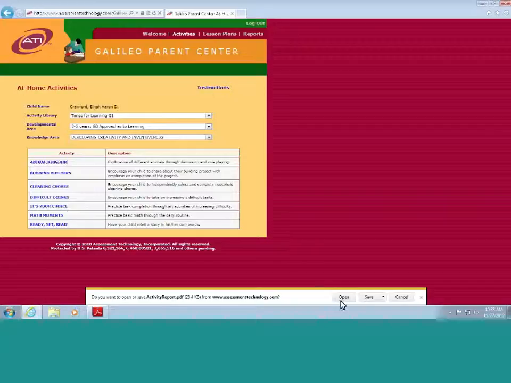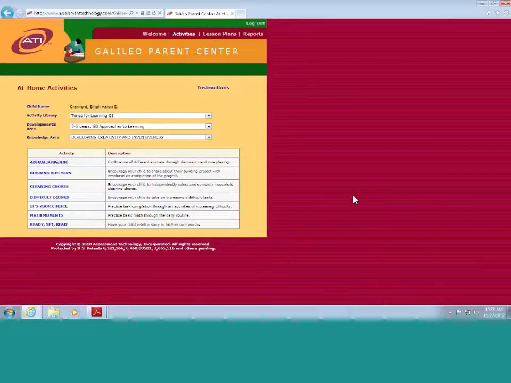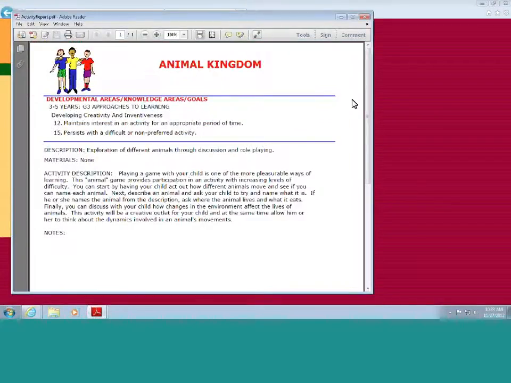Once selected, the activity will also open as a PDF file. The activities in the Times for Learning G3 library were designed to require very little or no materials to make them more accessible to families. Each activity will include a list of the developmental areas and goals that this activity will help the child develop, a brief description of the activity, then the full description to explain how parents will use this activity at home